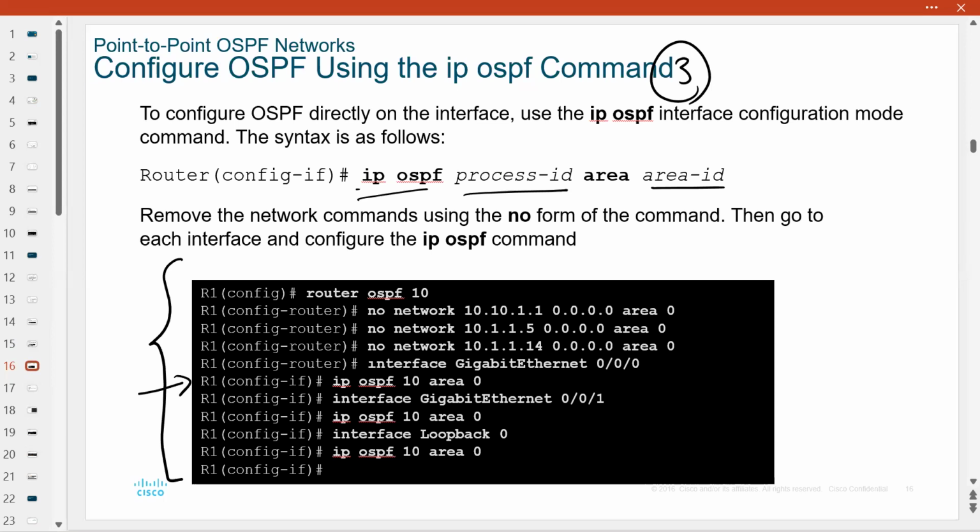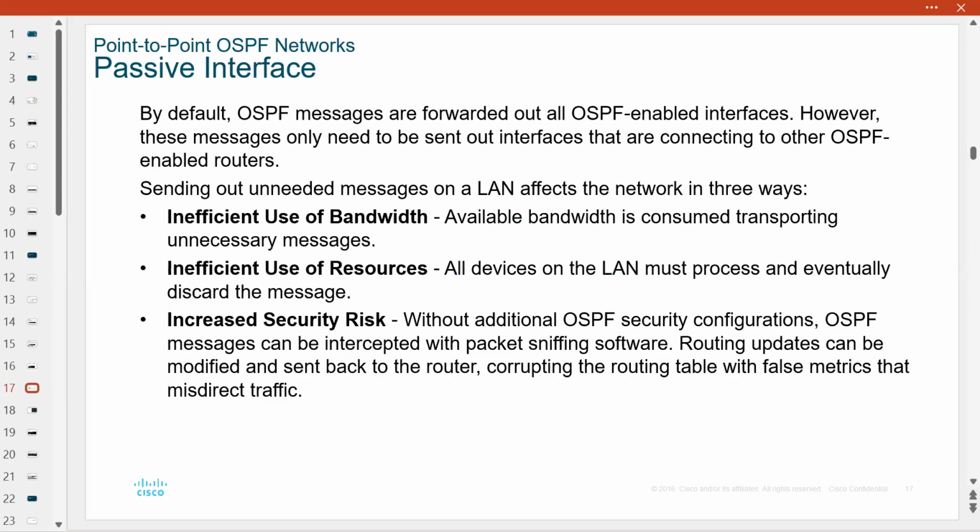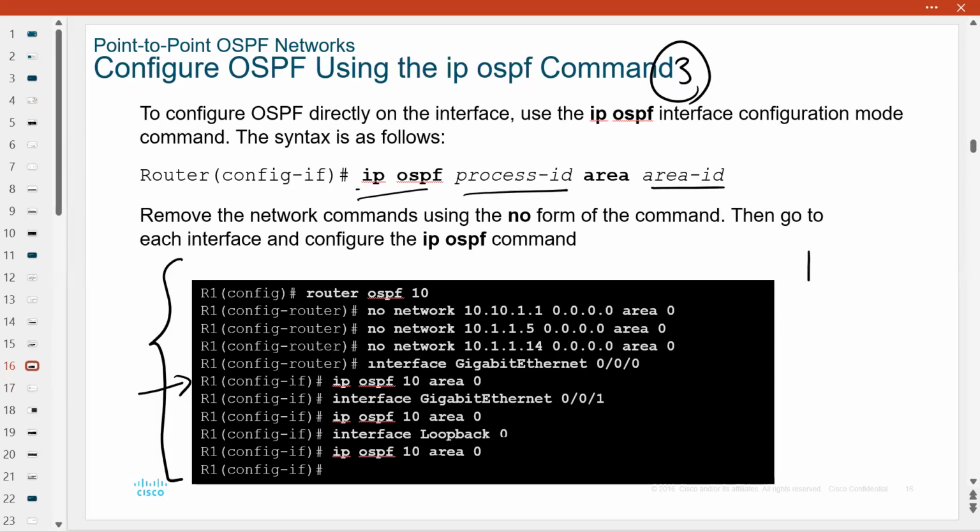Let's see, the first interface was 0/0/0 followed by the command. We entered 0/0/1 followed by the command. We entered loopback 0 followed by the command. So in summary, we have 3 ways that